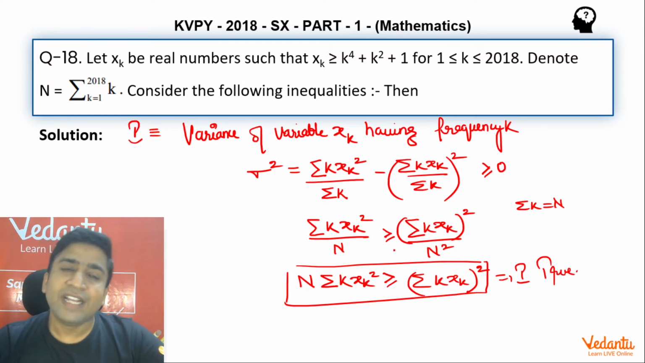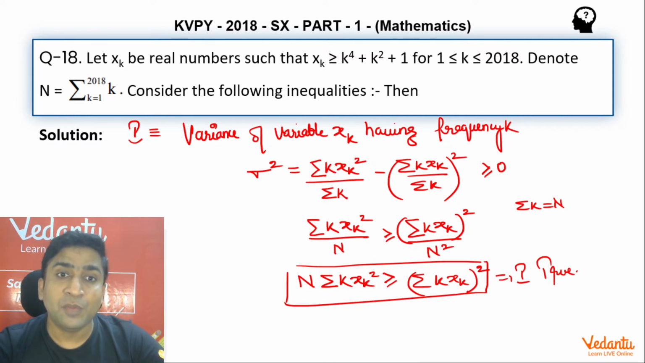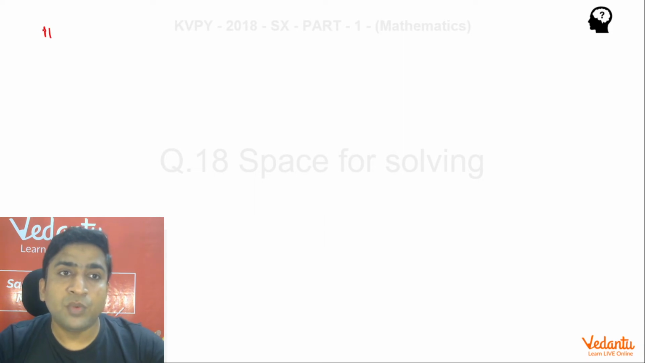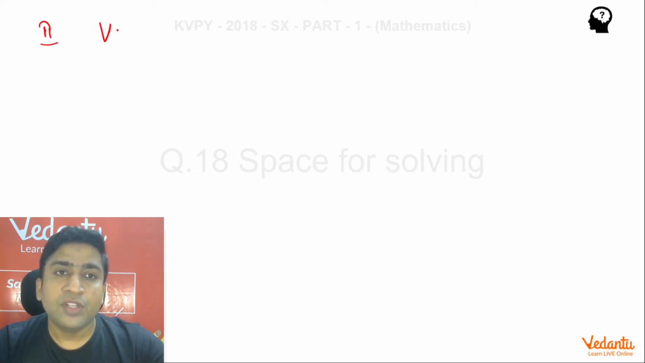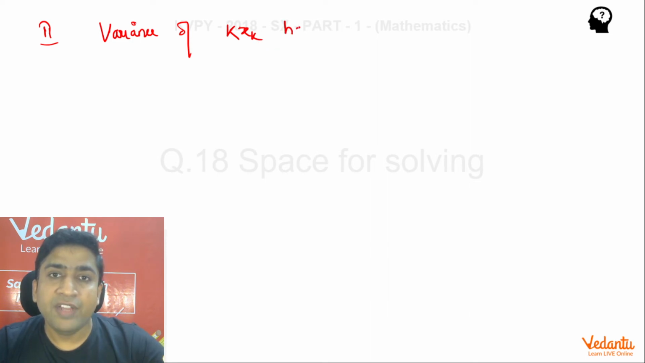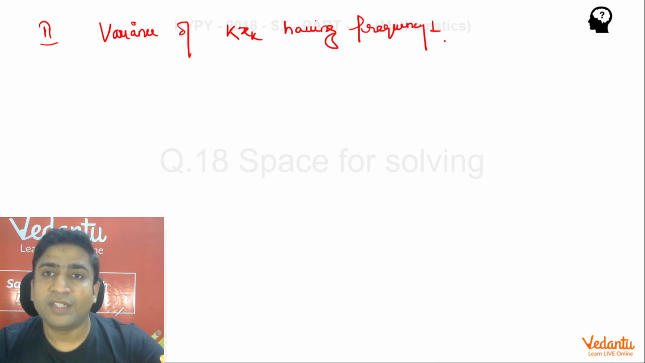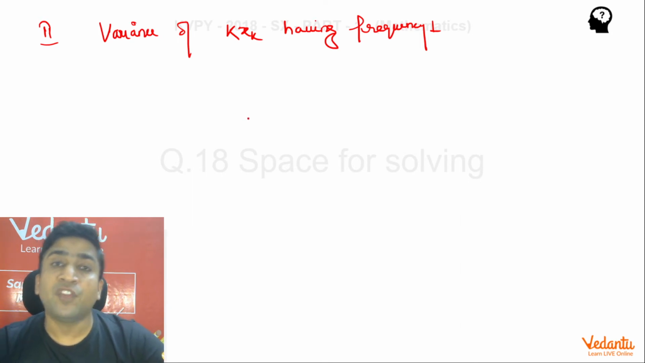My point is that, guys, can we really verify statement 2 by the same logic? Yes, obviously. Now I'll get back to statement 2. Bacho, how about statement 2? Statement 2, again, I'll try to check the variance of what? Guys, the variance of a variable k times xk having frequency 1. So if I want to write down the variance of a variable k times xk having frequency 1,